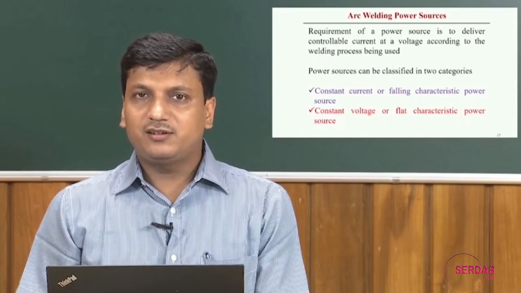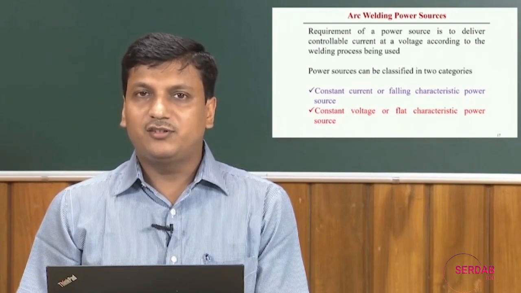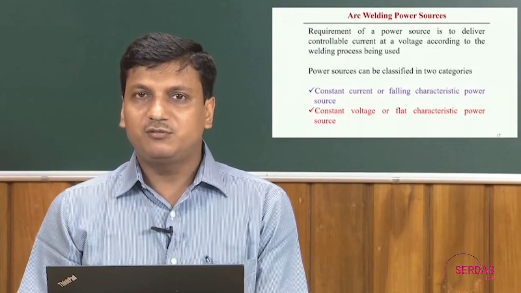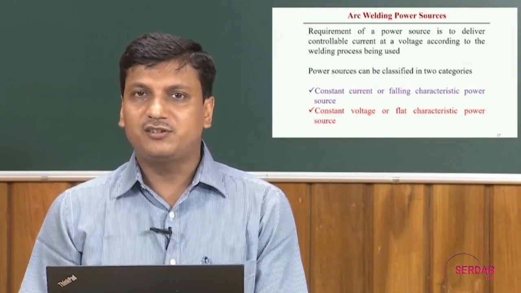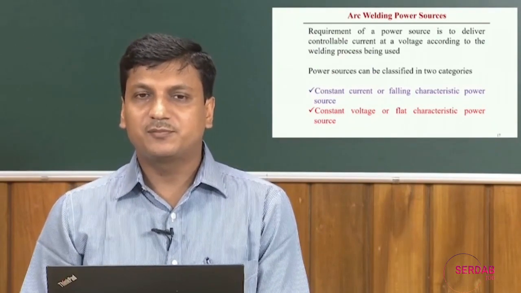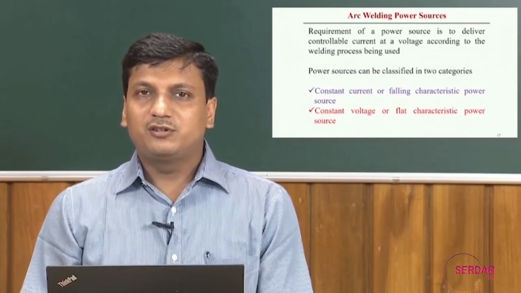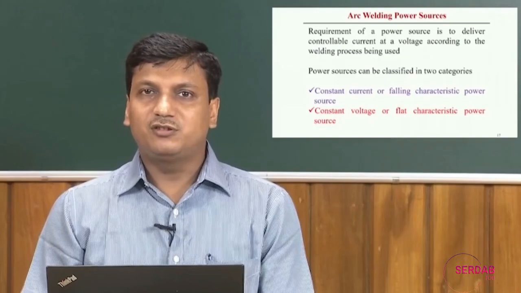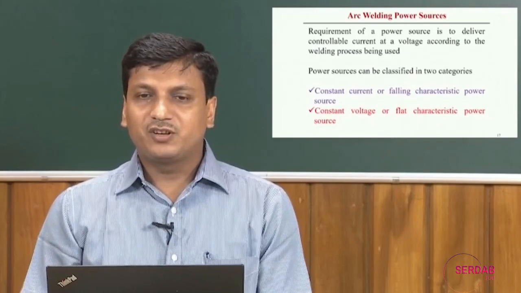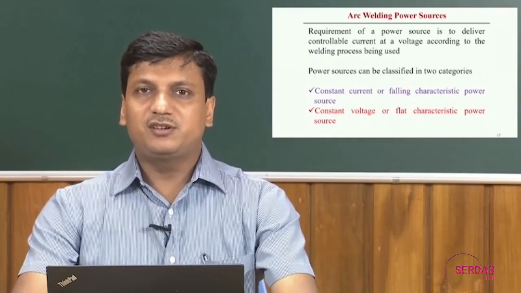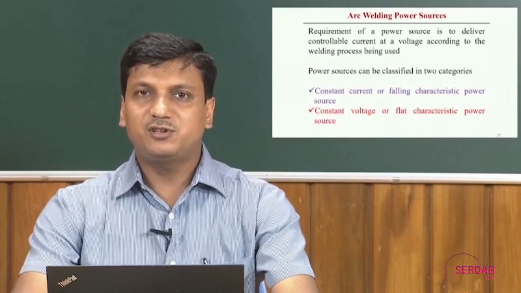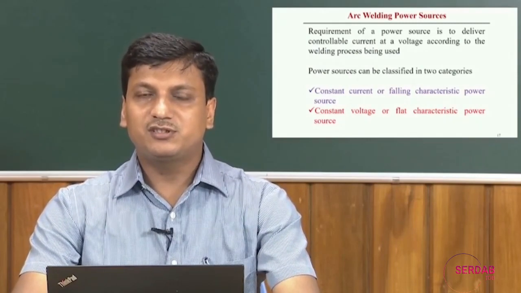that a high amount of current and low voltage is delivered. Low voltage in the sense that the current range may be more than 100 amps and the voltage is around 20 volts, as compared to the normal electrical connection. But this requirement, specifically for the welding process, needs the development of different power sources,